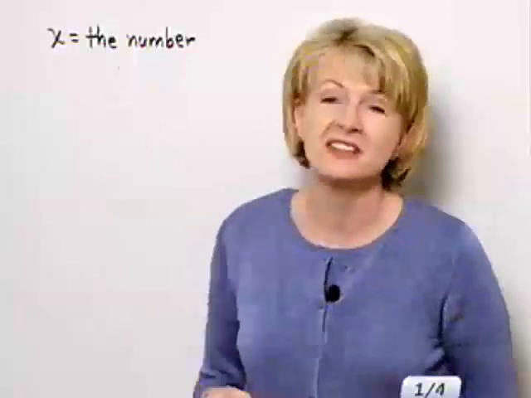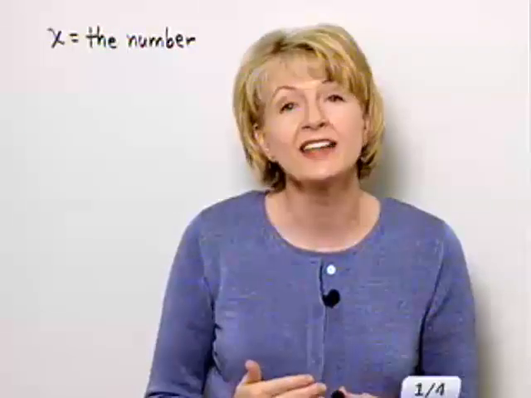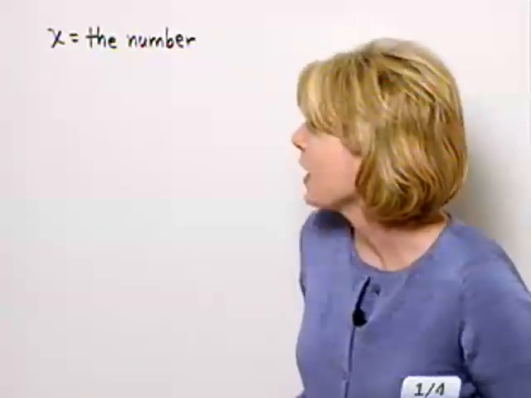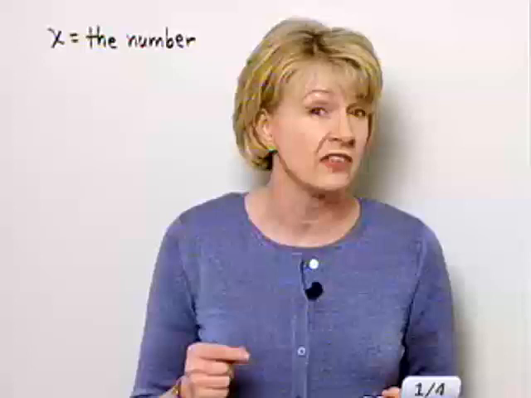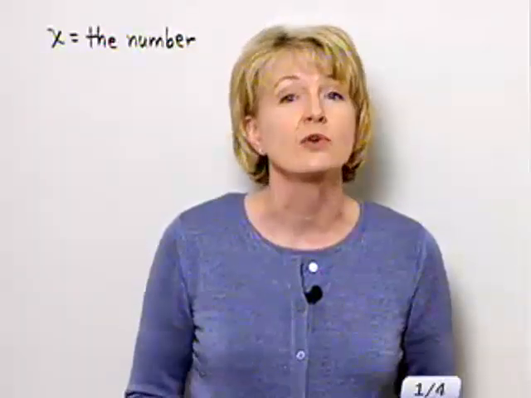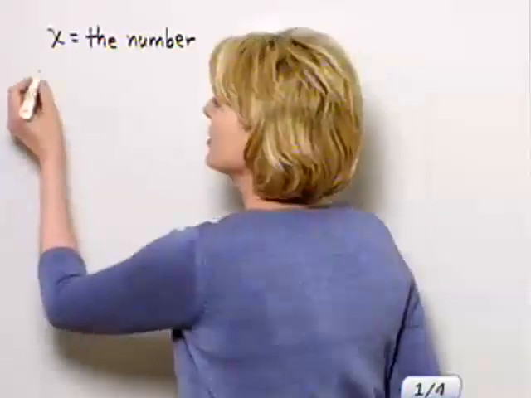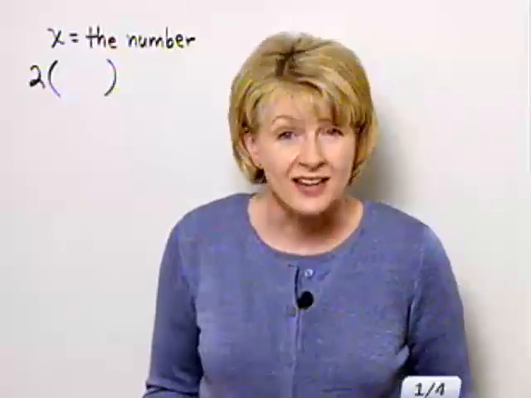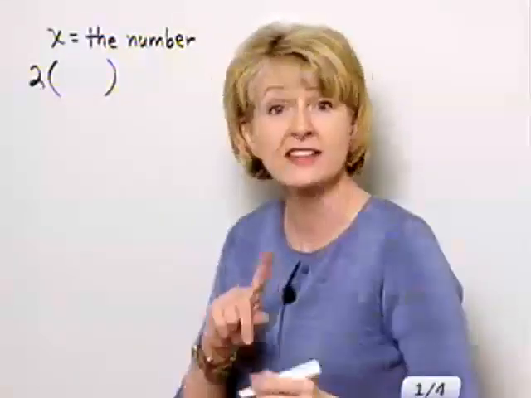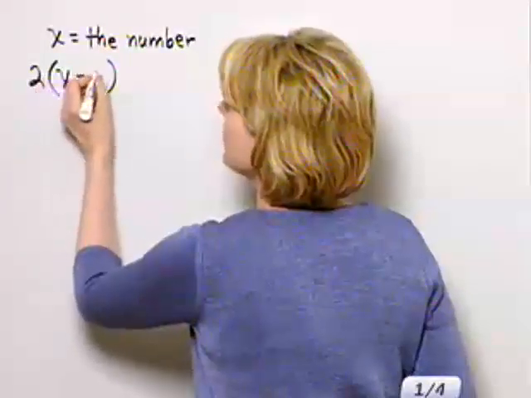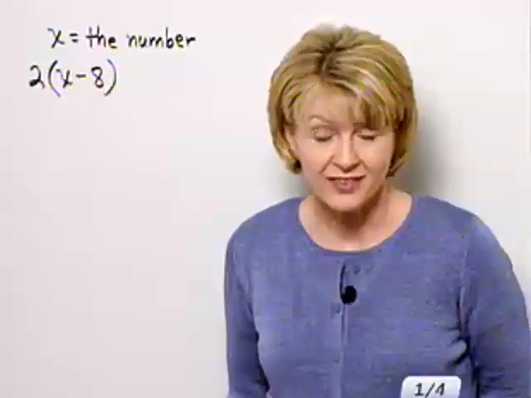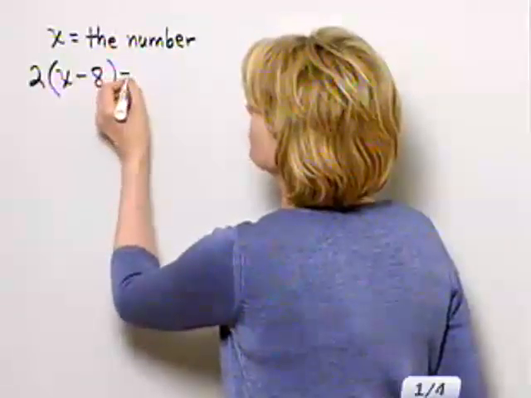Of course, we're looking for a number, so we'll let x represent the number, then we directly translate to an equation. So remember, we're told that twice the difference of a number and 8. So twice the difference, and the difference is a number and 8, so it's x minus 8, and what's next then is equal to, so we know how to translate that, is equal to,